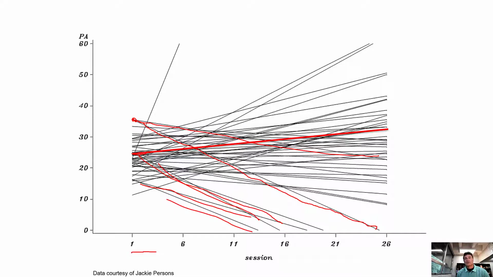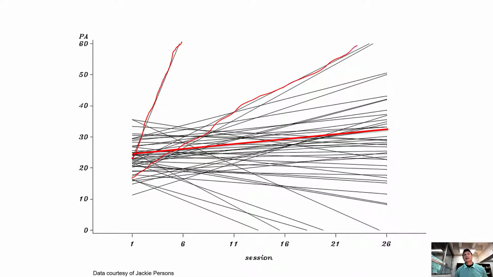We also see some people who are doing quite well in therapy. This person here starts off right in the middle of their happiness, and in just a few short sessions, they're off the chart happy. So within 6 sessions, they're super happy. We also see some other super responders that are moving up quite a bit, much more than the average trajectory of happiness. We see quite a few of those super responders whose happiness is improving much more than that average line. So the average line doesn't really show or display what's going on for them.